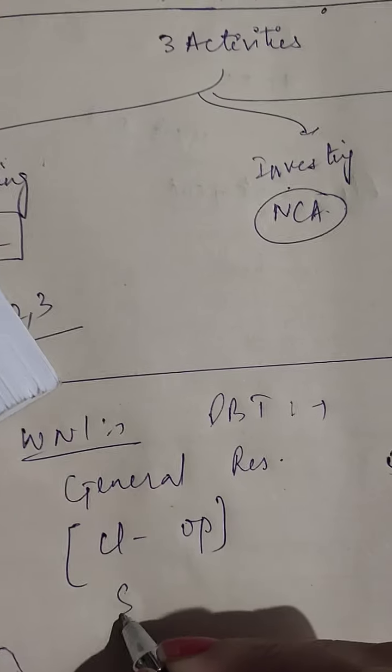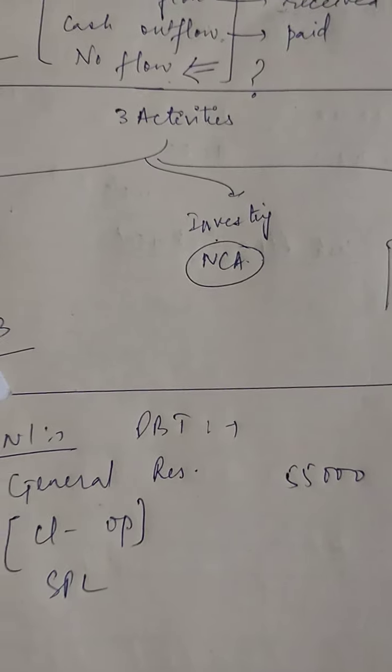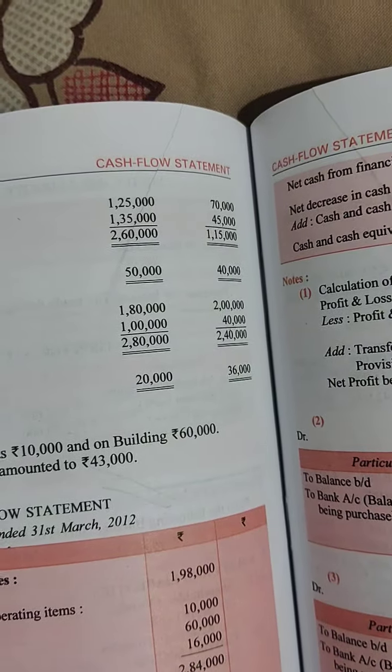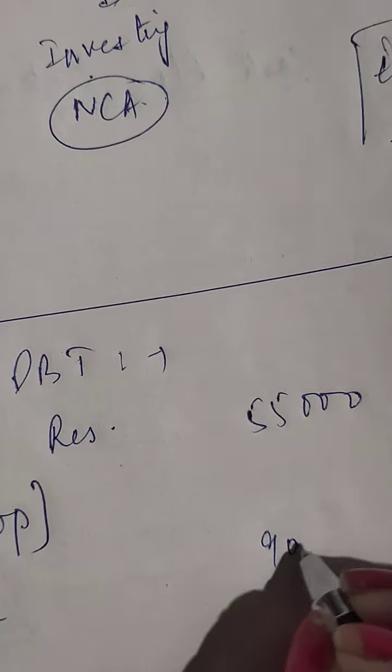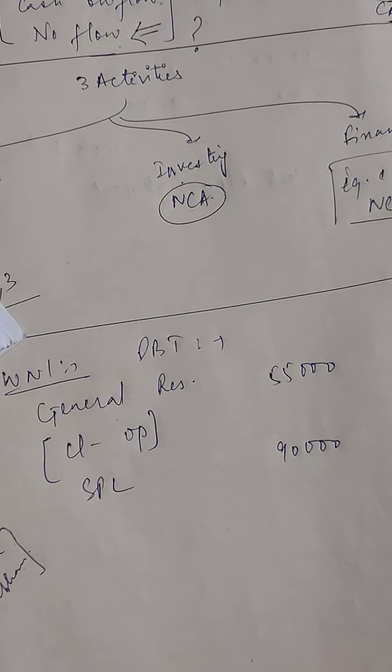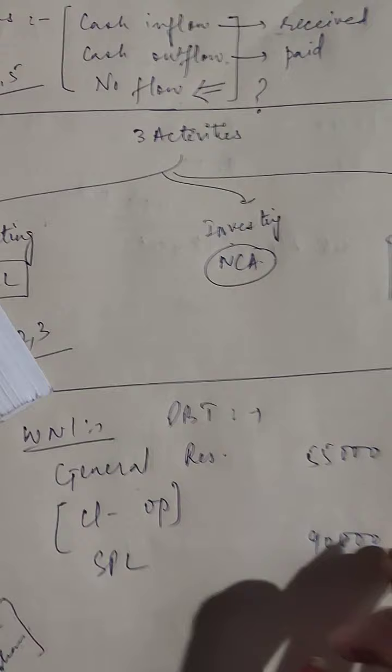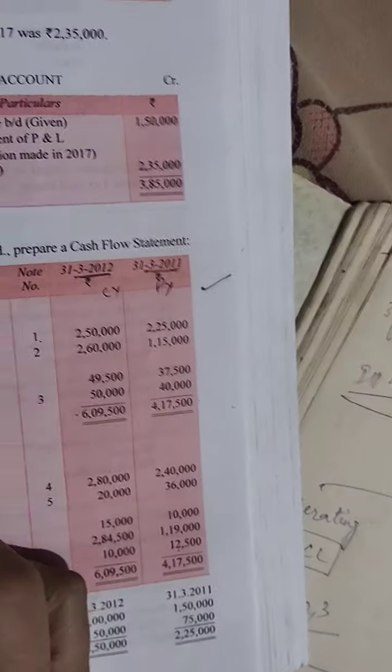Next is profit and loss balance. Again you can write SPL. Now think that it was 45,000 in the previous year and this year it is 1,35,000. So please calculate the difference. You will get almost, I think, 90,000 rupees. So SPL will come out to 90,000, which is a positive thing, right? Just leave this and then come to the next item in the balance sheet.